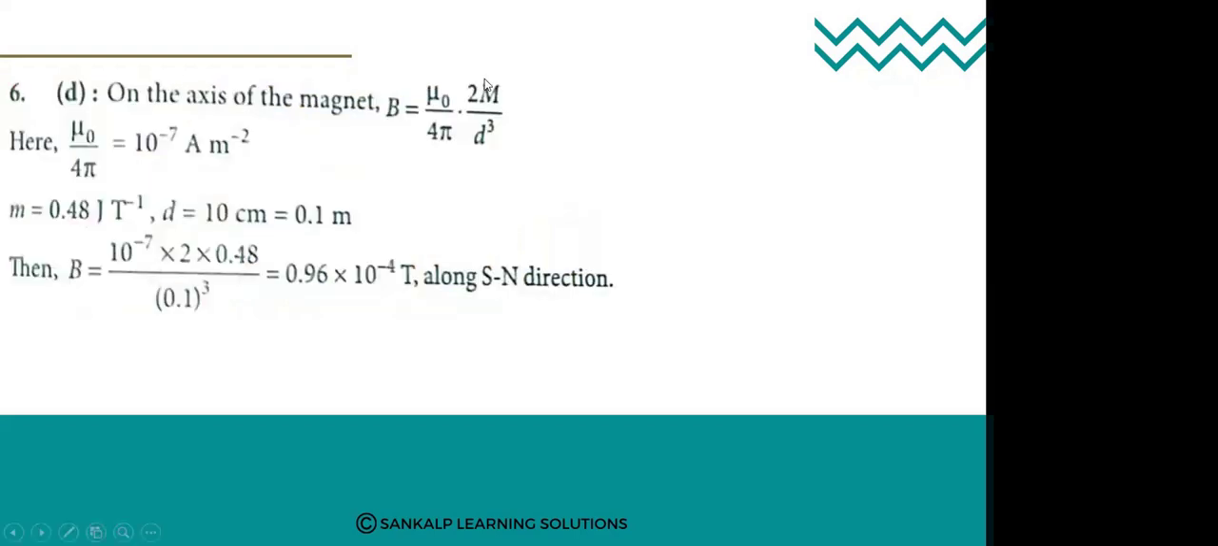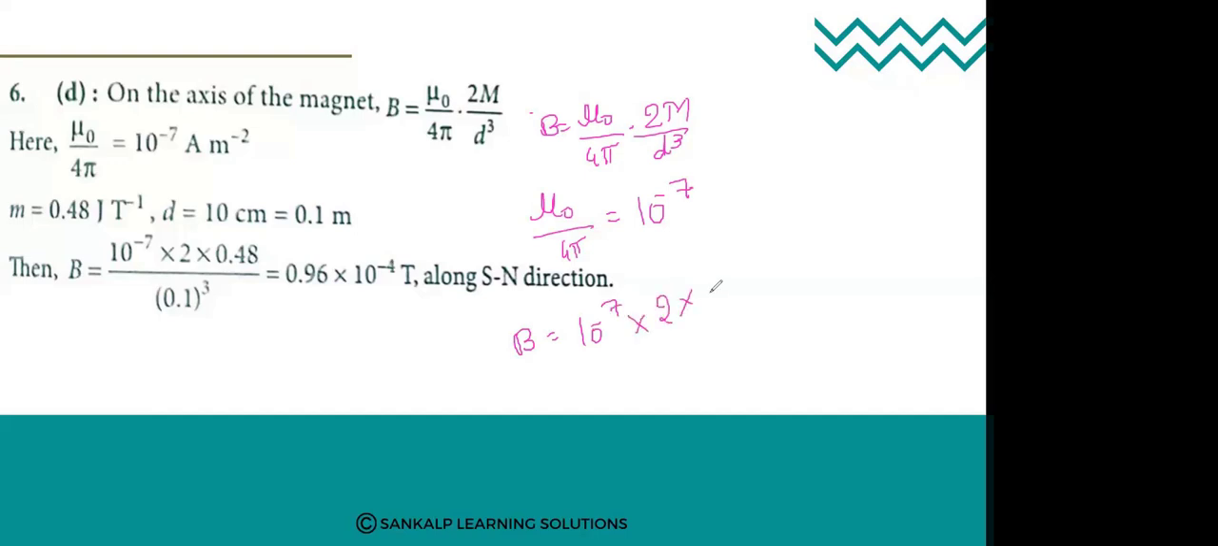See, we have only one formula in this chapter, that is one more time period. The formula is: magnetic field is equal to mu naught upon 4 pi into 2 m upon r cube, or d cube. R or d is distance, m is magnetic moment. Mu naught upon 4 pi is a constant, 10 to the power of minus 7. So magnetic field is equal to 10 to the power minus 7 into 2 into magnetic moment,